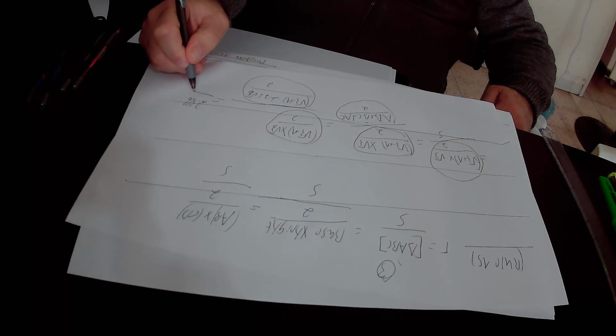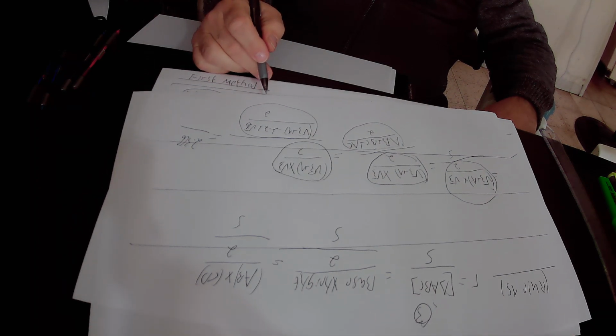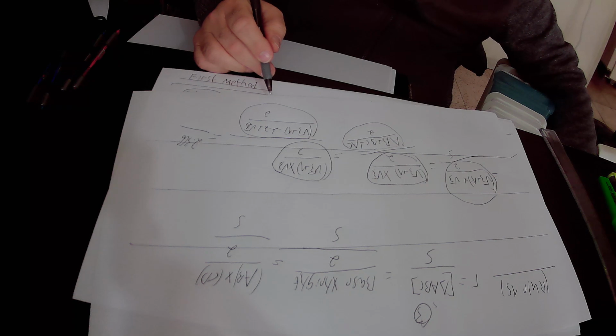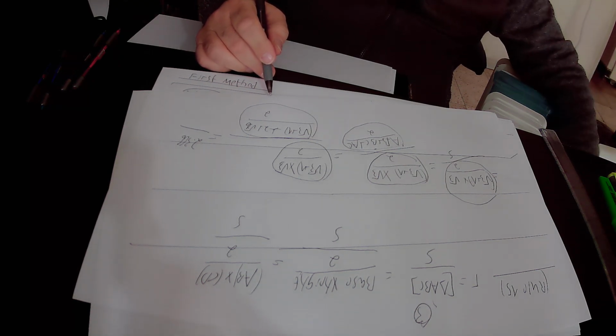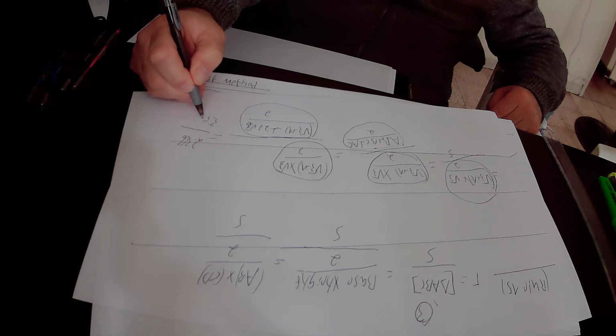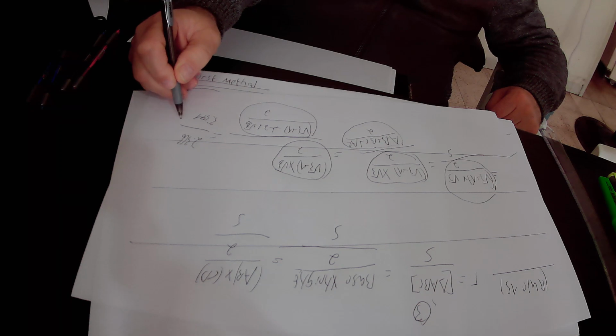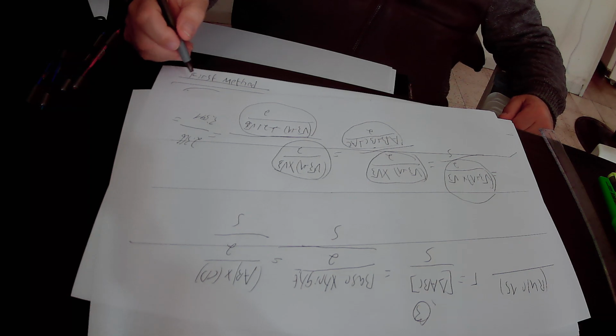That is the area of triangle ABC, and the perimeter of triangle ABC is the value of this expression in the denominator, which equals 3.591 units, and 2.366 over 3.591 equals